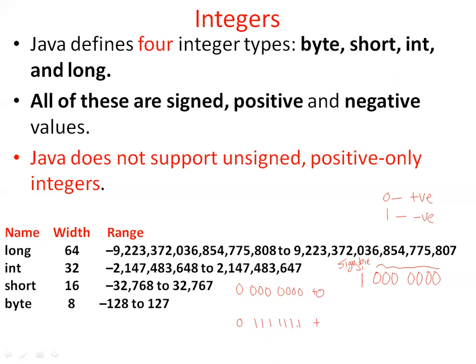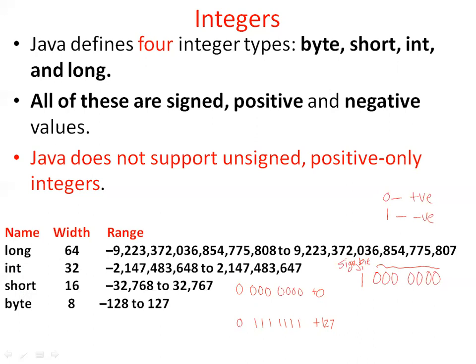See, how can you convert into decimal? 2 power 0, 2 power 1, 2 power 2, 2 power 3, 2 power 4, 2 power 5, 2 power 6 here. So 2 power 6 means 64, 64 plus 32 plus the rest. If you add these, it is nothing but 1, 2, 4, 8, 16, 32 and 64, and you will get a value of 127. So that is the maximum positive value you can store: plus 127.